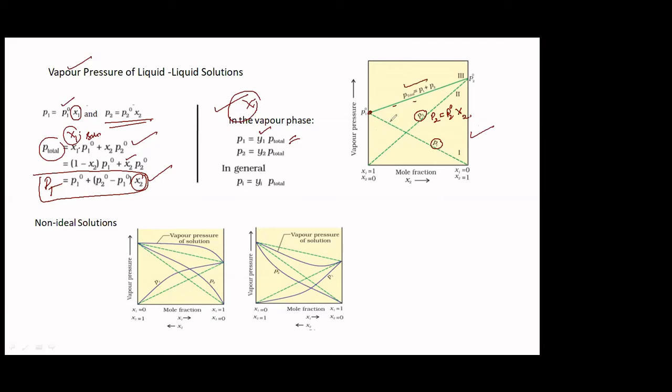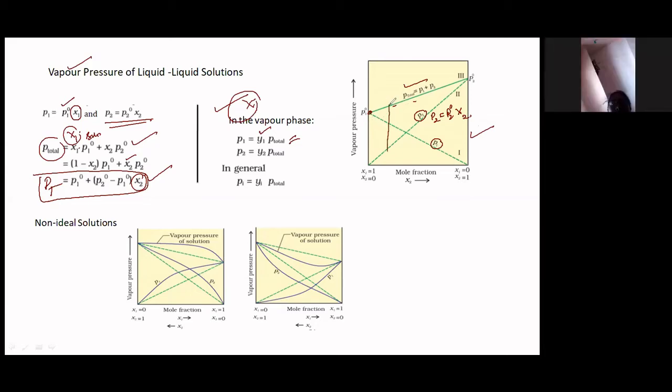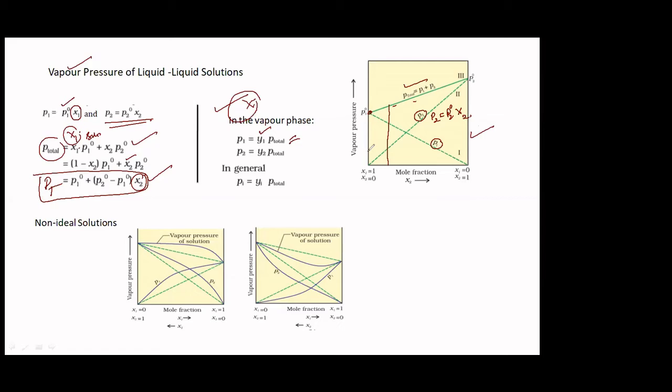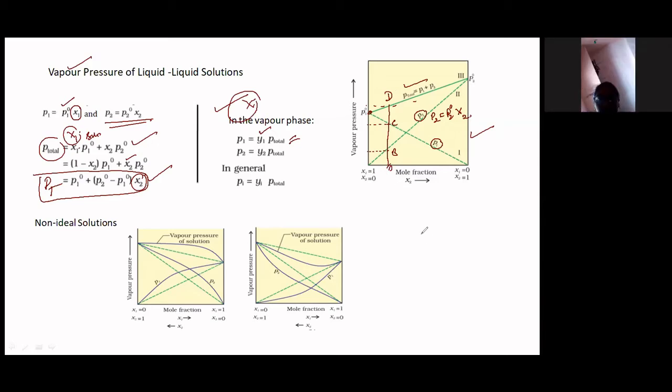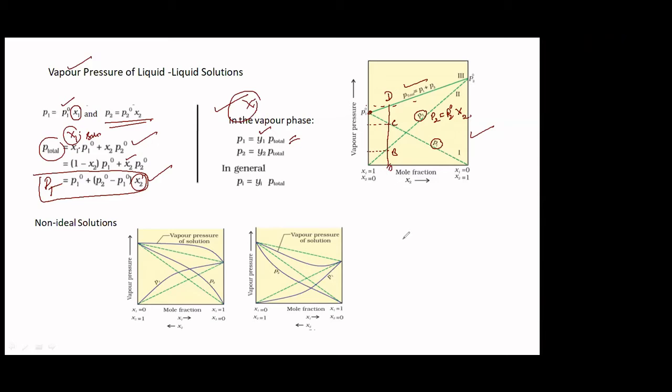Sometimes they will ask you, for example, I have got this at this point, okay? So this is the vapor pressure of component 1. This is the vapor pressure of component 2. When you add these two, you will get the total vapor pressure. From the graph also, sometimes you will be asked to do that, okay? Supposing I write this as A, B, C, and D, so AD should be equal to AB plus AC, like that. So that is the total. Fine.